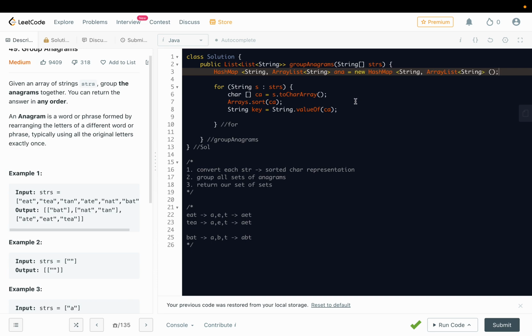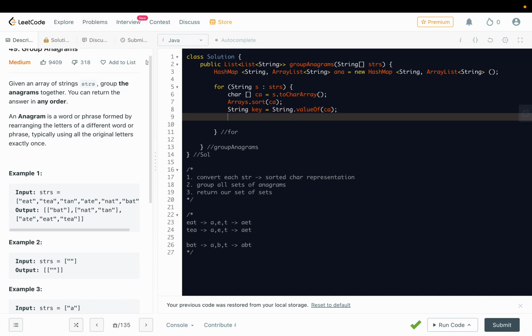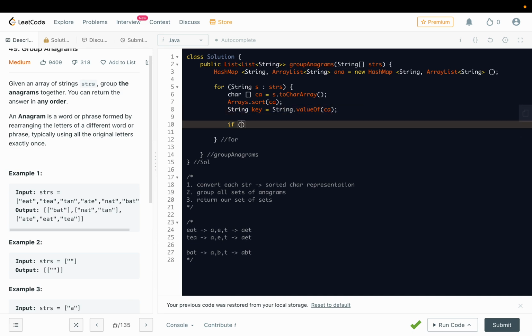All right, and so what you'll notice is that now we have a key. All we need to do now is add our current string to the hash map that we've created under this key. And so there are a couple of different scenarios. The first scenario is our hash map, Anna, already has that key. It's already seen another similar type of string, which is an anagram to our current one. And so if Anna contains our key,